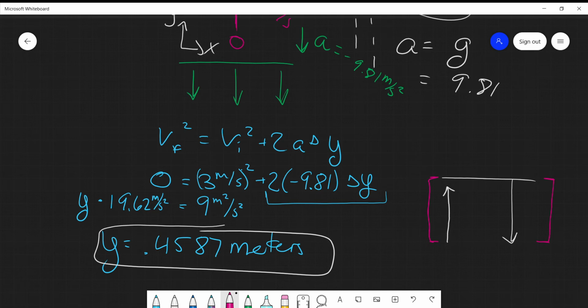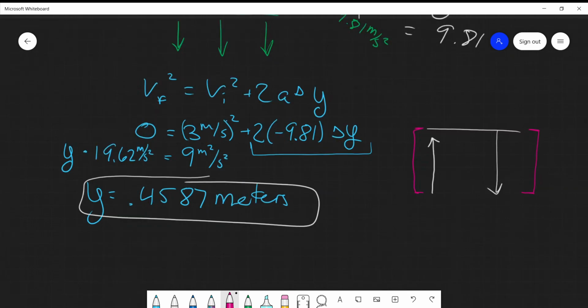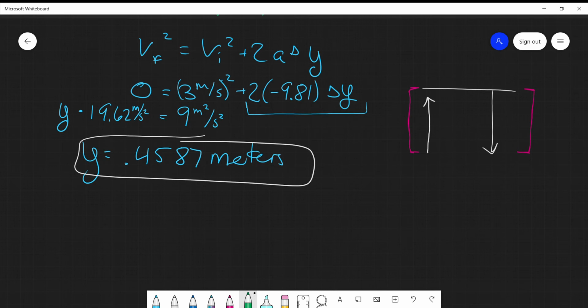So if you throw something up into the air and you catch it at the exact same height above the ground as where you threw it from, like if this is the ground and you're right here and you throw the ball from your hand and you catch it right where you threw it, instead of it hitting the ground. If it hits the ground, this thing that I'm about to tell you about doesn't apply. But if you catch it, or if the ball lands exactly at the same height from which it was thrown,